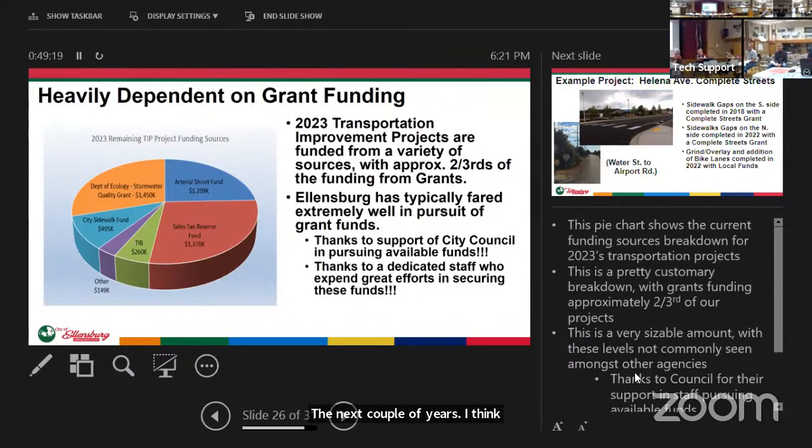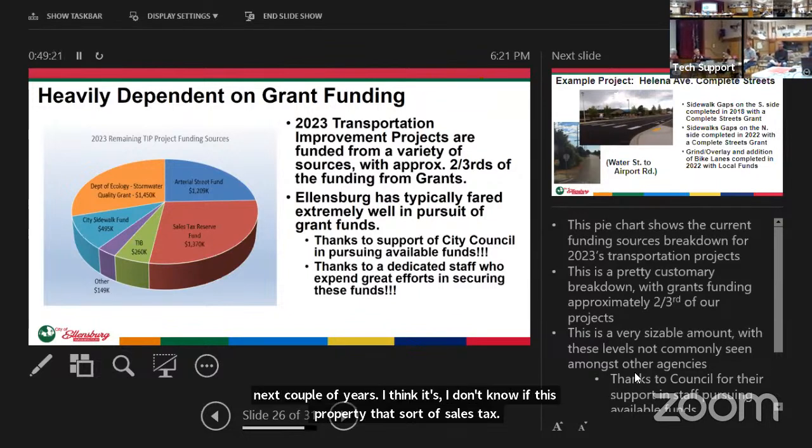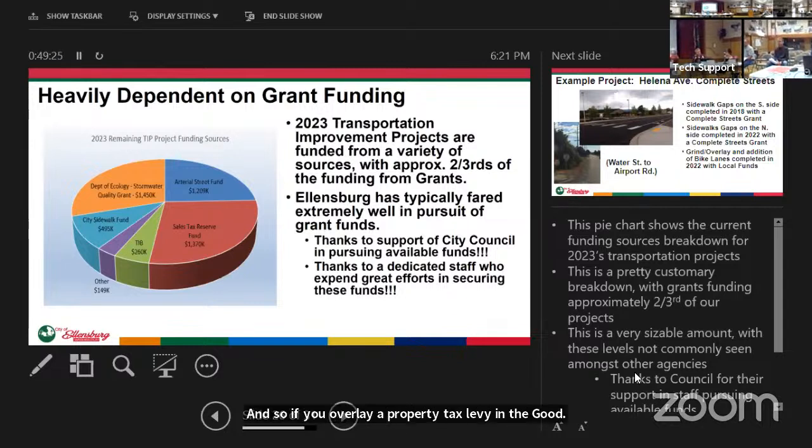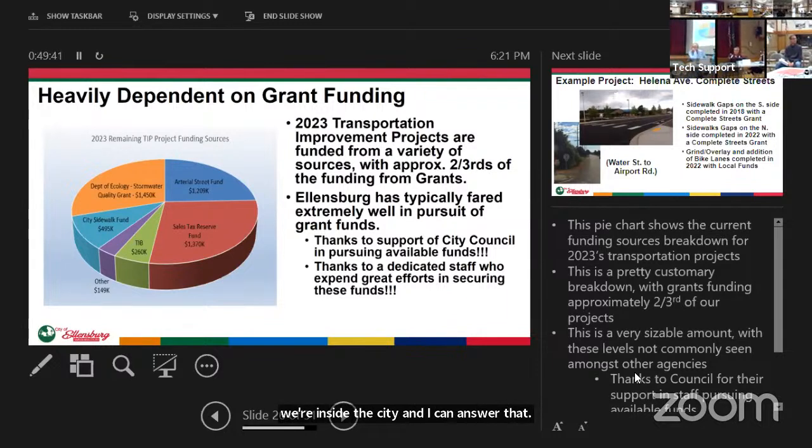So if you overlay a property tax levy in the county, do city residents pay a proportional share and we get some of the money back for our roads, or are we excluded because we're inside the city and we pay into the city system? I can answer that. Thank you. The road tax is actually applied as a property tax to unincorporated areas only. So that road tax is applied to non-city residents.